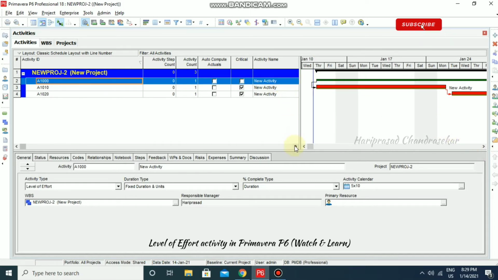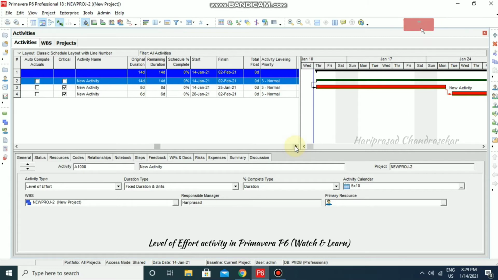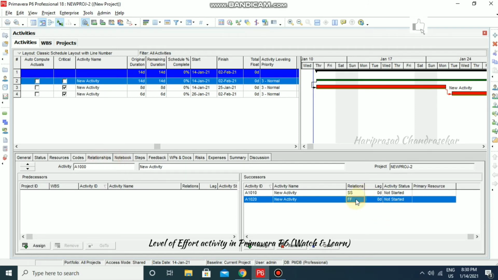So total duration of that depends on the relationships that it has. It is having relationship of start to start and finish to finish. So that's why it is having the duration of 14 days, and it can't be a critical activity. So if you want any activity like this, you can put it as level of effort activity and work with it.